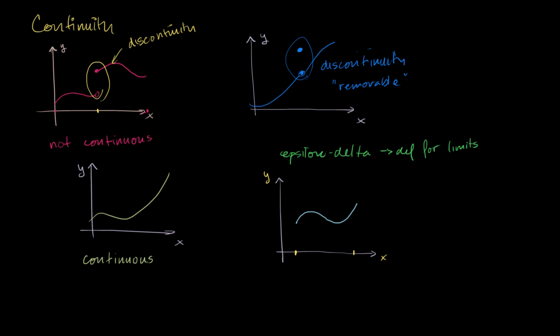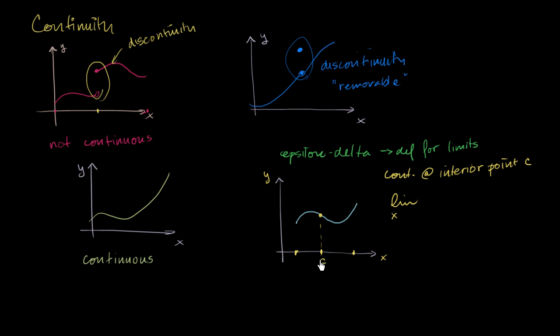So we say that a function is continuous at an interior point. So an interior point is a point that's not at the edge of my boundary. So this is an interior point for my interval. This would be an endpoint, and this would also be an endpoint. We'd say it's continuous at an interior point, interior to my interval, means that the limit as, let's say, at interior point